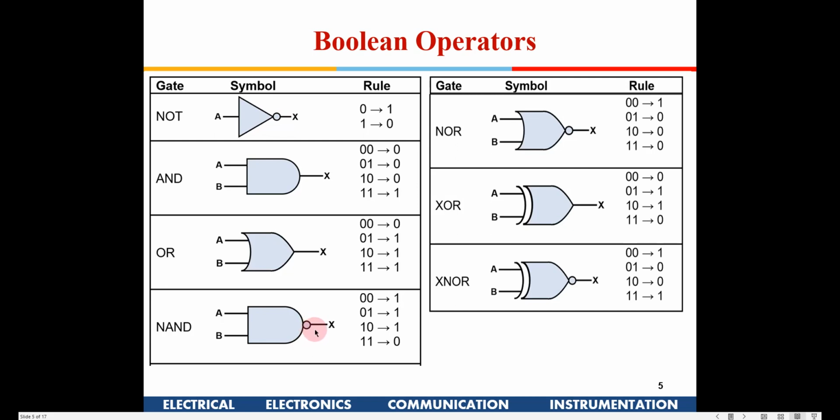As we keep progressing and learning circuits, in flip-flops and things like that, wherever you see a bubble, it means that the input of the bubble and the output are complemented. That means a bubble means an inverter. You have got to remember that. A bubble is an inverter. Okay, so this is NAND.